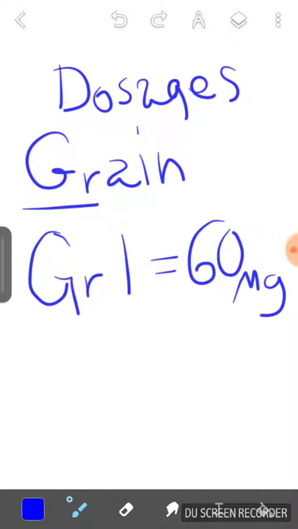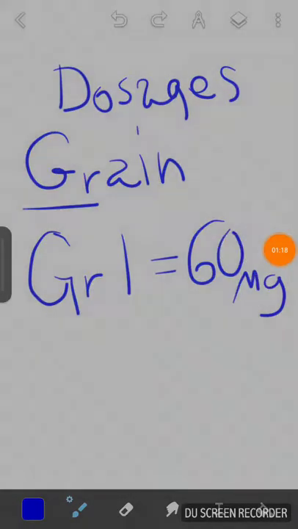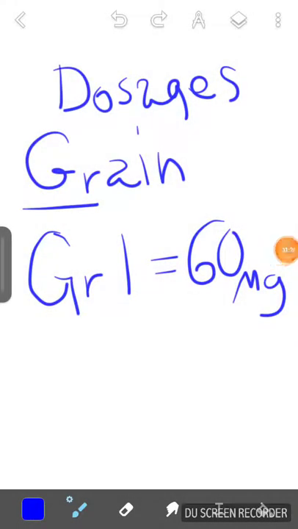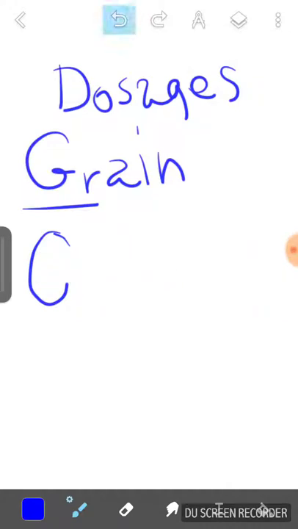All right, so if we wanted to find out one-sixth of a grain,